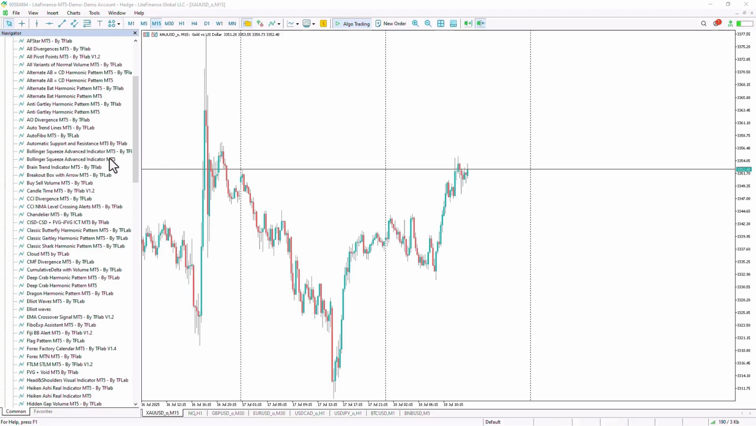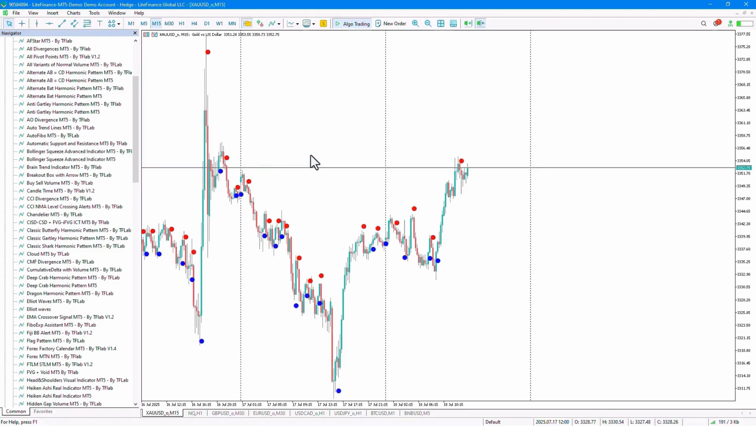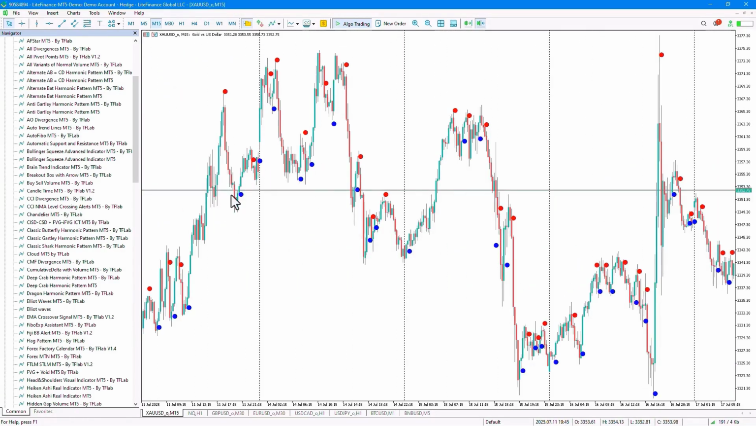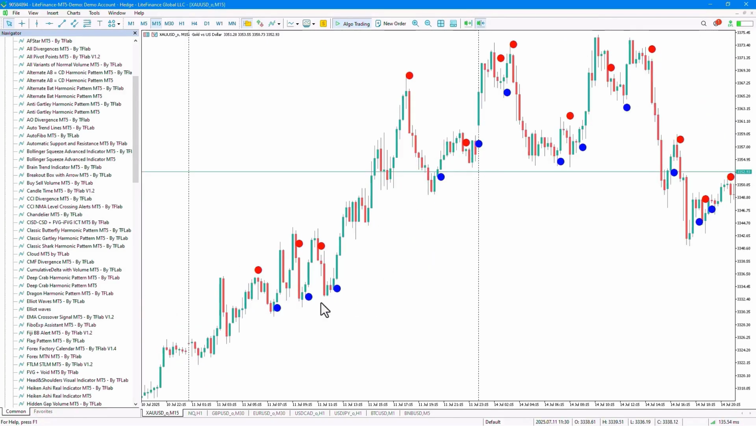From the navigator section, we select the indicator file and run the indicator by dragging the file onto the chart. Once the indicator is running on the chart, it starts displaying the bullish trend points and bearish trend points within the market. The brain trend indicator is a special and practical tool for identifying bullish trends, which are displayed with